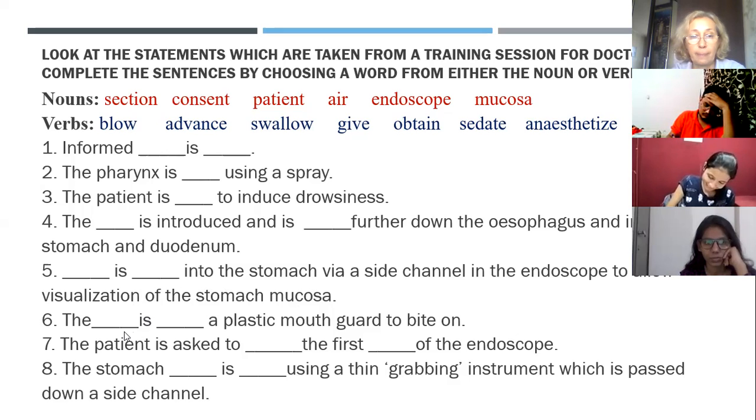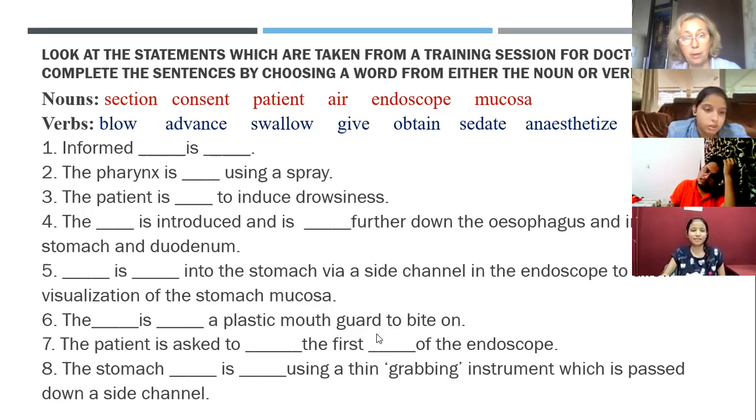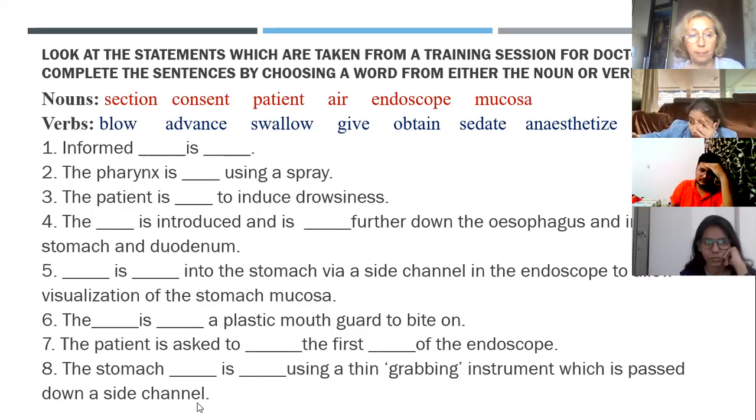Yes, ma'am. The patient is given a plastic mouth guard to bite on. Yes, right. Okay, the next one is for Nivas. Yes, ma'am. The patient is asked to consent the first and